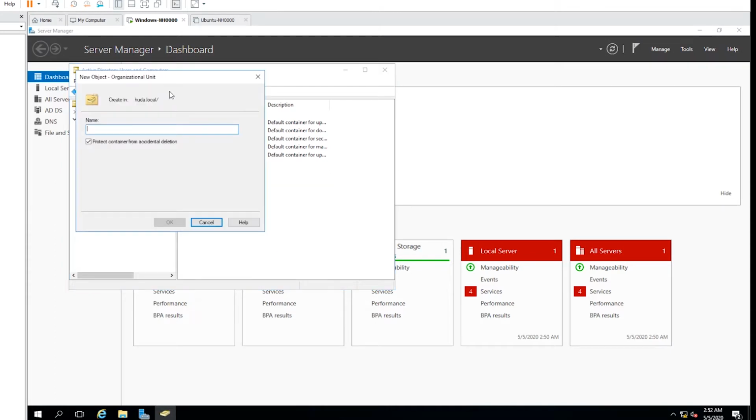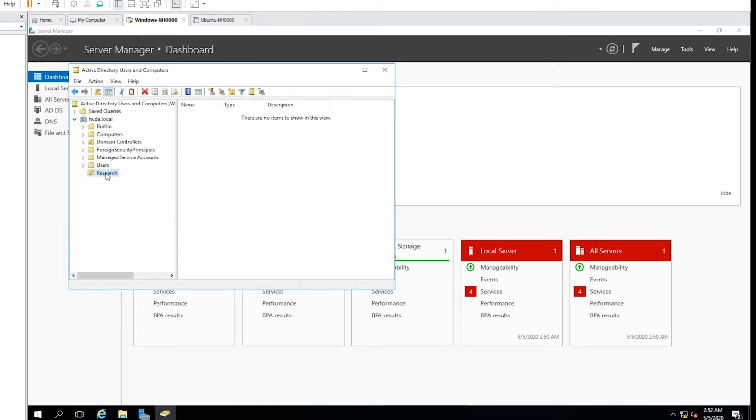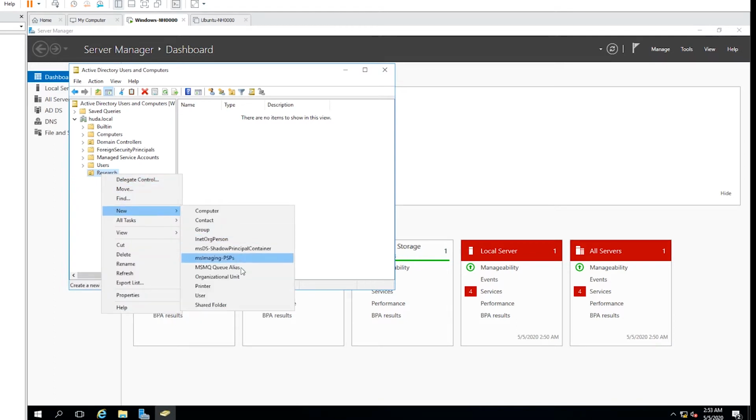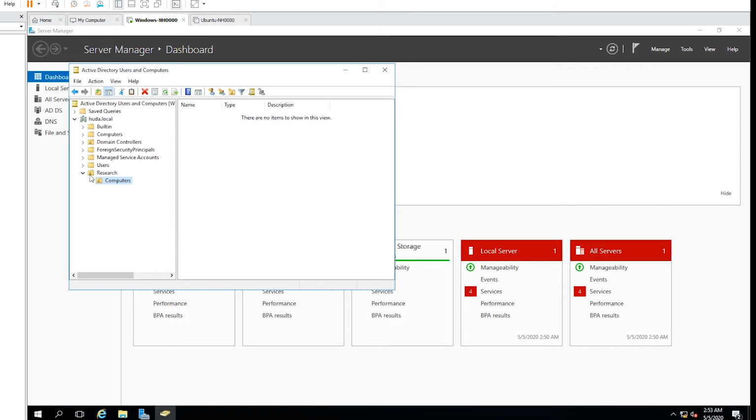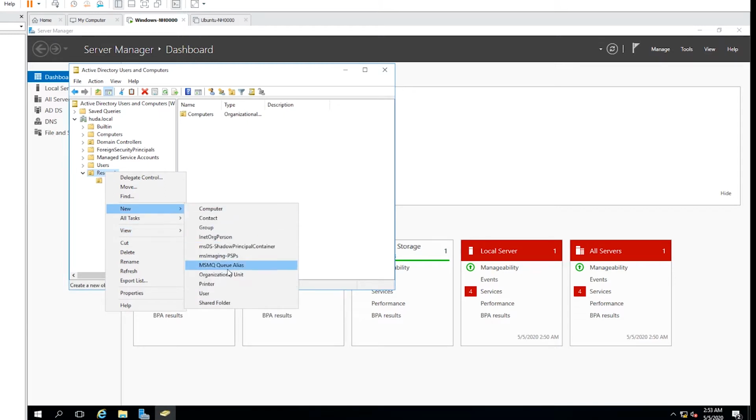I need to give a name to this organizational unit. I will use Research. And then press OK. Under this organizational unit, I will create 3 more organizational units or OU. So I right click on Research and then select New Organizational Unit. I will create one as Computers and press OK. I will create another under Research, New OU